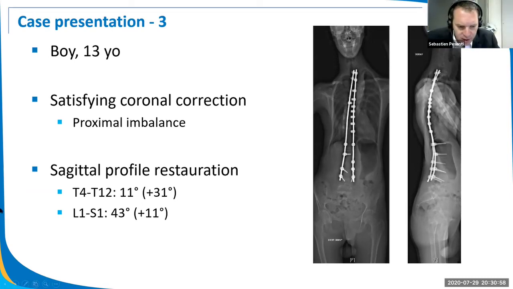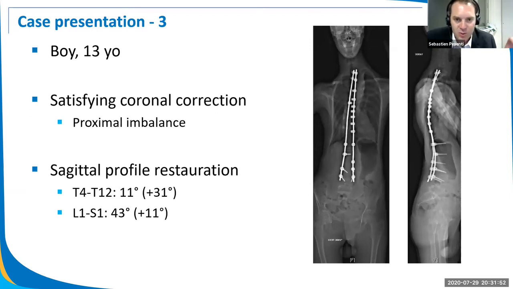In regular cases where your UIV is stable, meaning there's no rotation, there's no structural curve where your proximal anchors are, you can use this kind of fixation because it's strong enough to do the correction that you need. But the real problem with this fixation is in this kind of patients where the upper thoracic spine is rotated and is a structural curve. And you're totally right. I totally agree with you that in these cases, you should use a more stiff device for the proximal anchors. And you can use the hooks, but if you do, you should have either